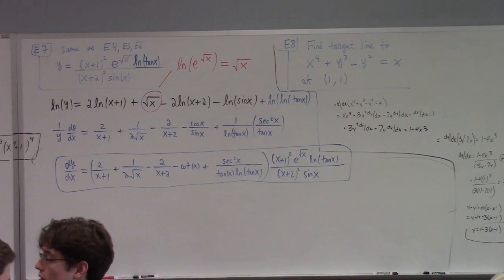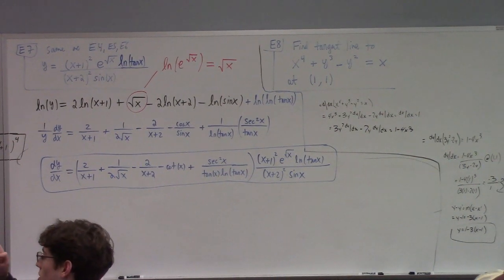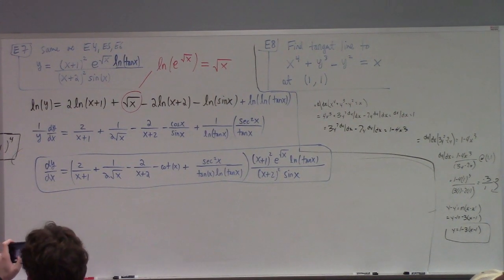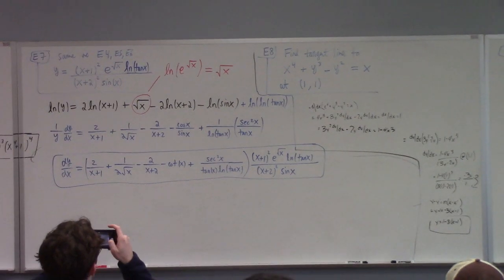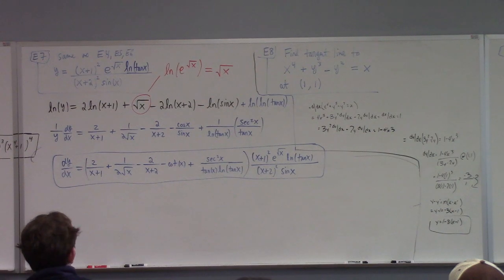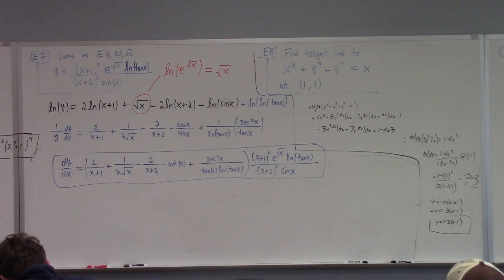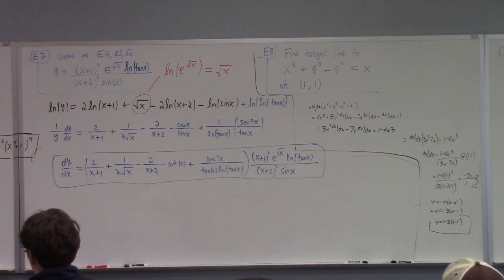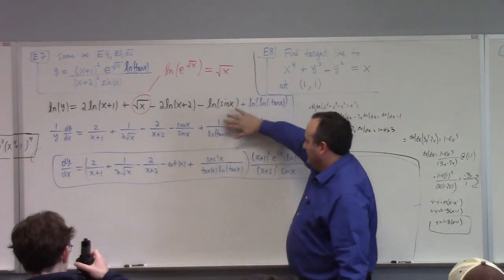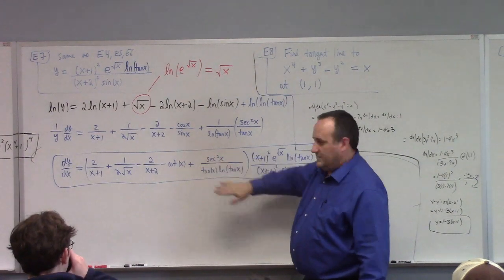So I think I've assigned like 5 logarithmic differentiations in mission 5 that I'm collecting. And those are 3 of them, maybe 4 of them. I changed that last problem by adding the log though, so you'll have to kind of interpret. I think you can see that if I hadn't multiplied by the log of the tangent, you can pretty much see the solution to this problem. If I take away the log of tangent, it just blanks out this piece and this piece and this piece, and that piece.